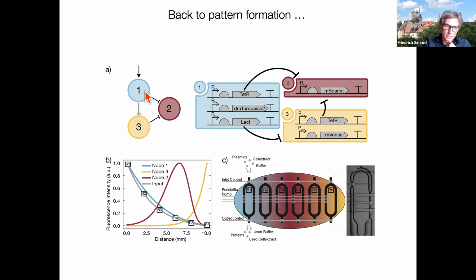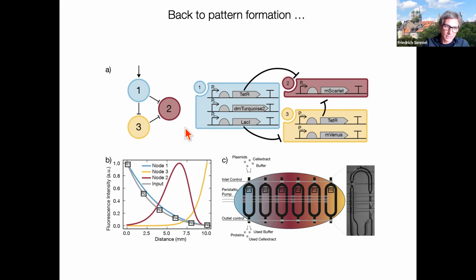The idea is that, for example, TET-R here represses this M scarlet, but there is also this other connection from TET-R to, sorry, I'm confusing myself. So here we have a double repression that is supposed to result in an activation of the M scarlet at an